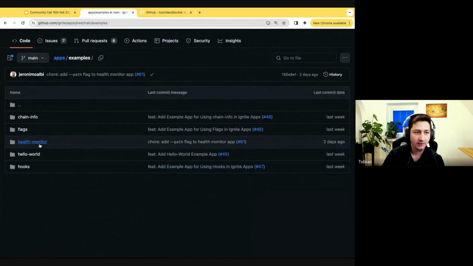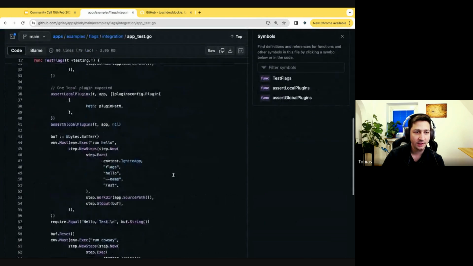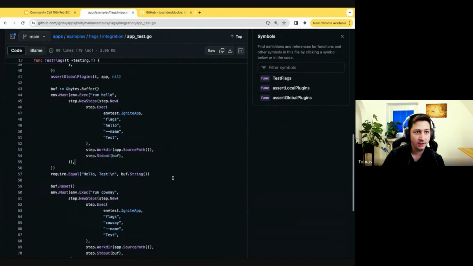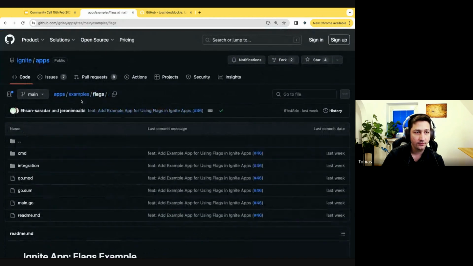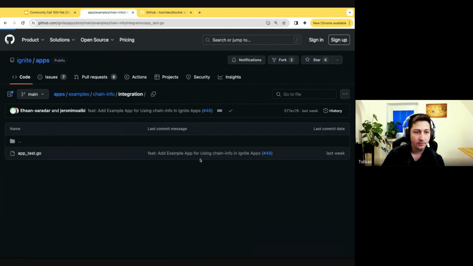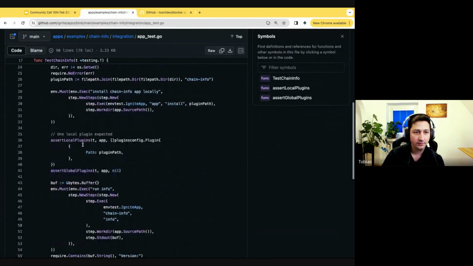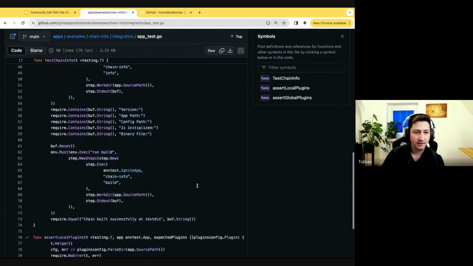I think this would be most helpful for, for example, the flags, because of how to test flags, how to include them in your tests, but also for mocking API or different paths that your chain is expecting.